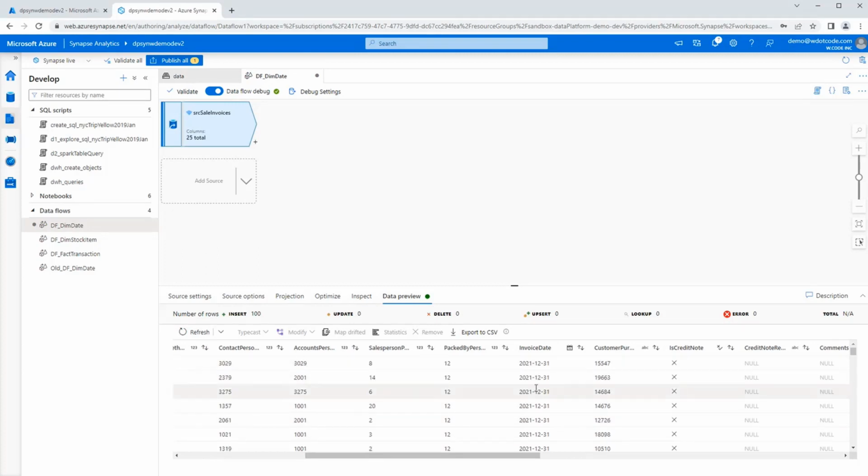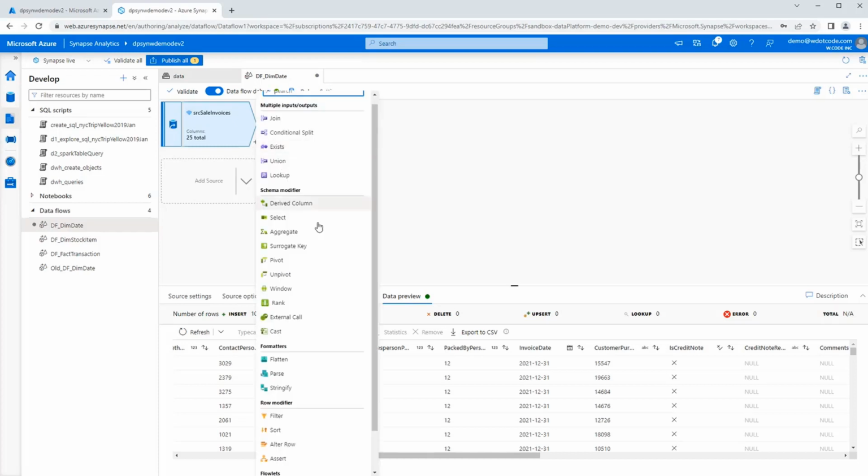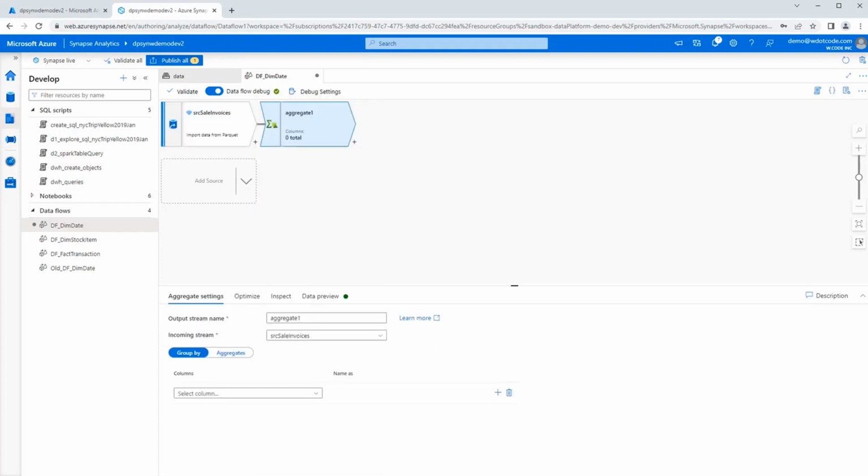There are a lot of invoices where you make sales on the same day. So the next best thing for us to do here is to aggregate all the data together, because we are trying to generate a dim date. The dim date table is not going to have December 31st of 2021 multiple times. That will just be represented as one row. To do that, we'll click on Add and select Aggregate. We'll give this output name Unique Date, as that's what we're looking for. So what are we going to group the column by? We're going to group it by the invoice date,